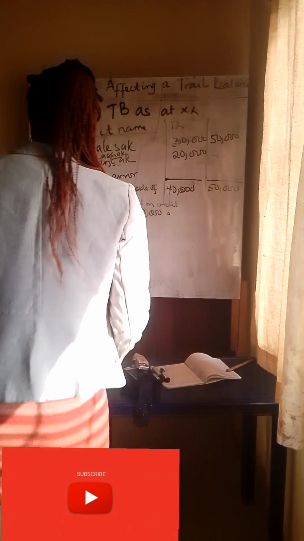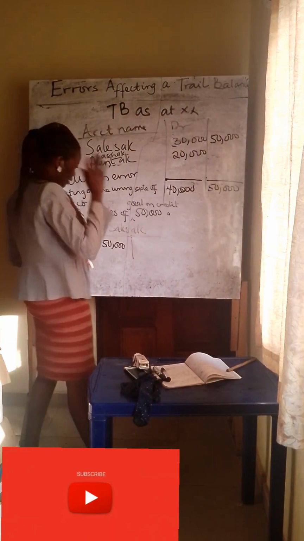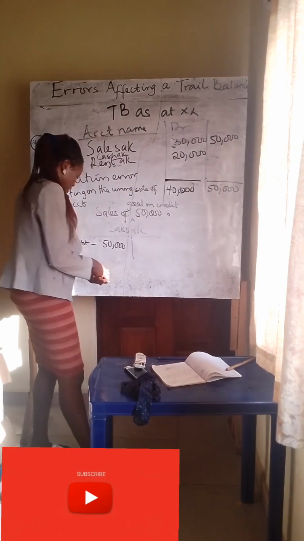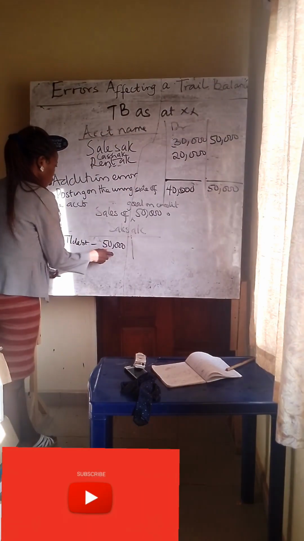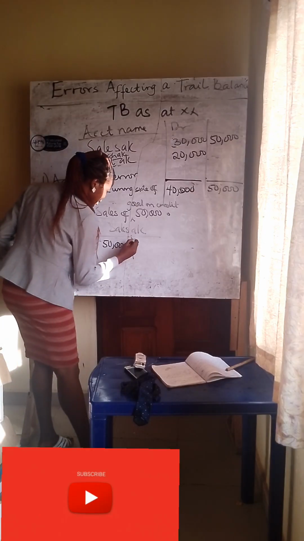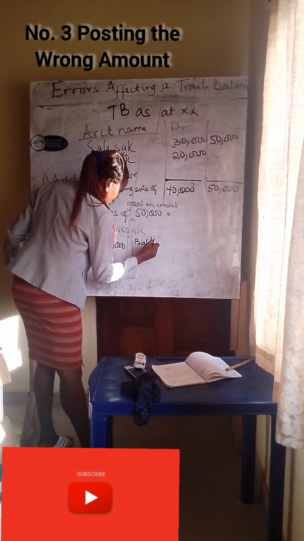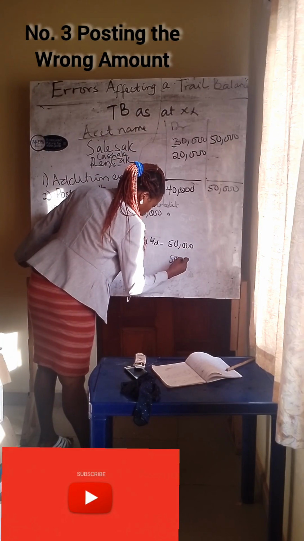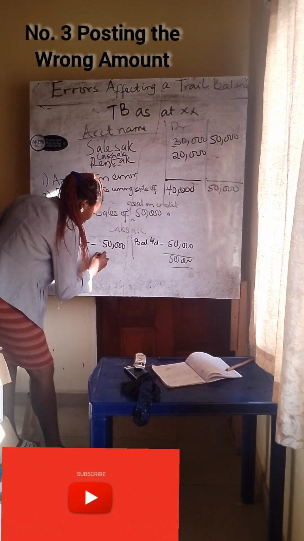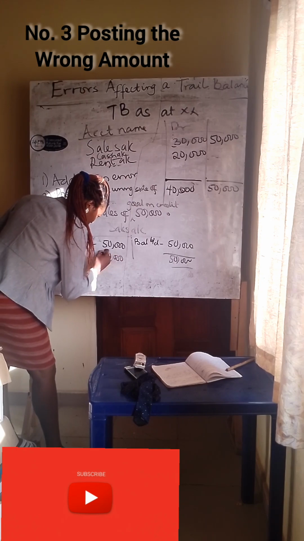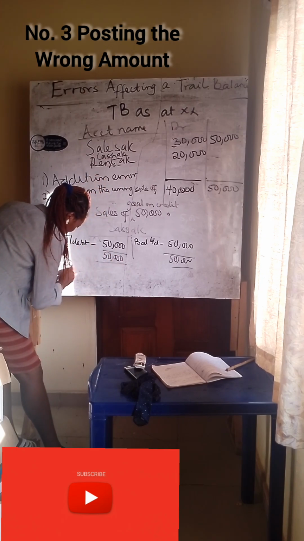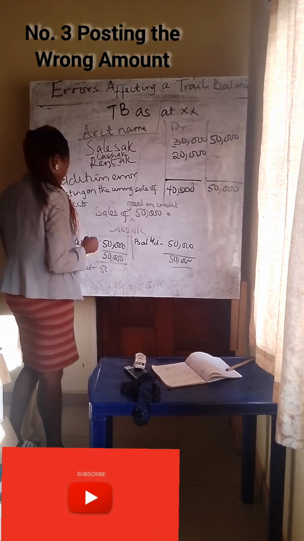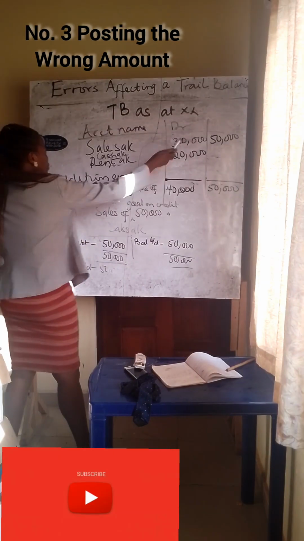Now, the very next error that could occur while posting is posting the wrong amount. Yes, posting the wrong amount is another example that could prevent your account from balancing. What do I mean? What I simply mean is, as you can see in this case, because you posted the wrong amount,